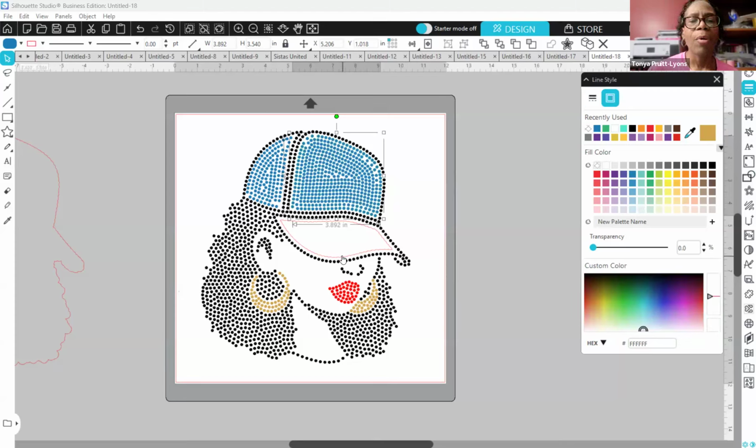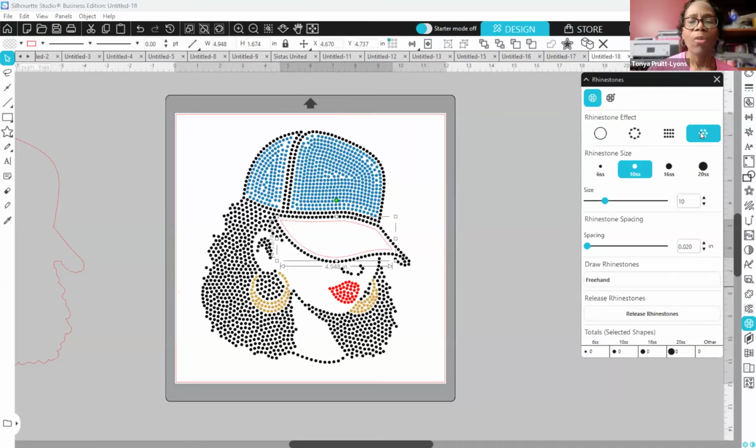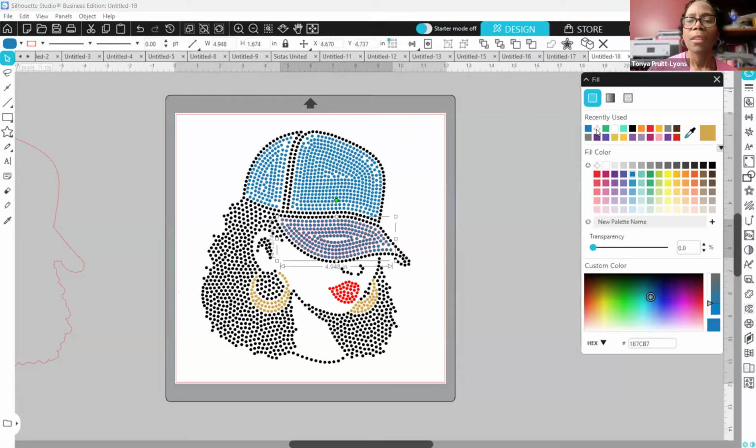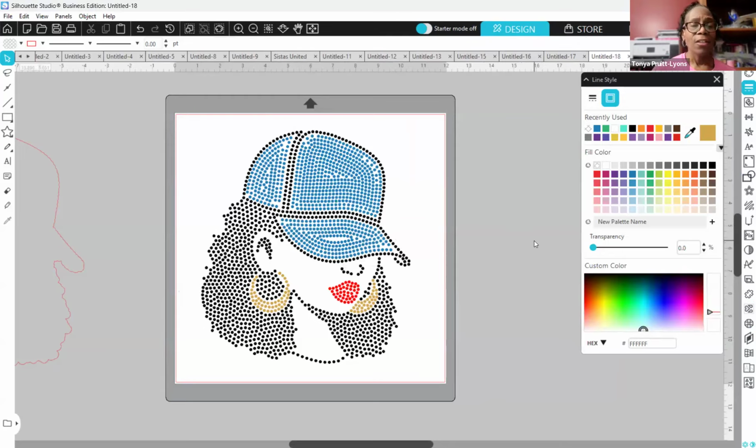And then the inside part of the brim, we'll go ahead and use the same radial fill. And I'm going to turn them the same color and turn off the outline. Okay, so now our hat is filled in with rhinestones. So now you have a totally different rhinestone template than you started with, which was what our main objective was